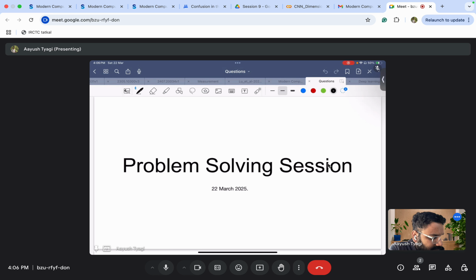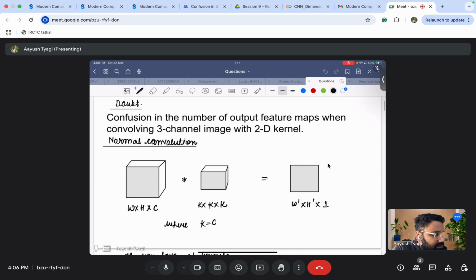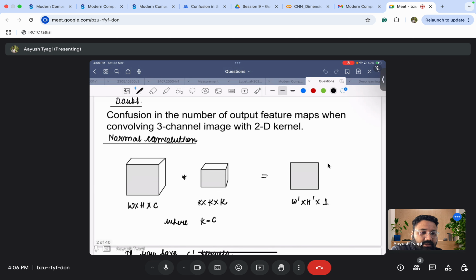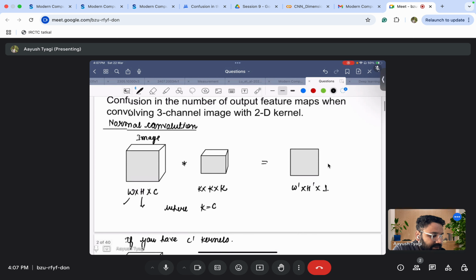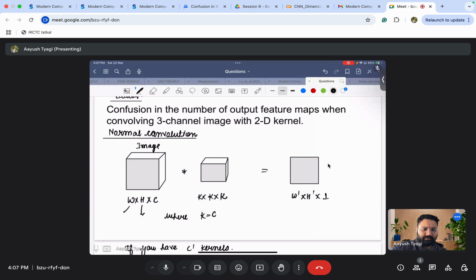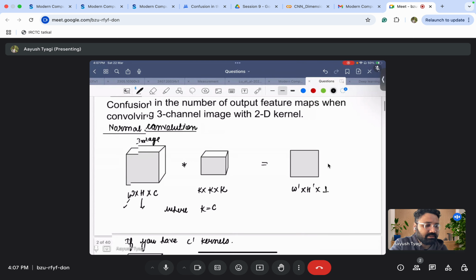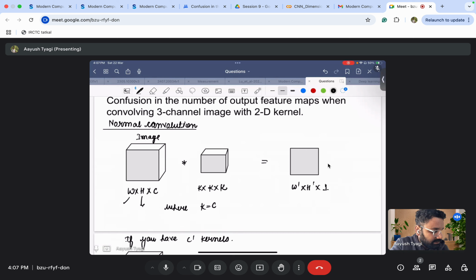Okay, let's get started. There was the doubt about the number of output feature maps when convolving a three channel image with a 2D kernel. So let us revise what happens when we do convolution in a traditional manner. In a normal convolution, suppose we have a W cross H cross C image, where W is the width, H is the height, and C is the number of channels. When we convolve it with a filter of dimension k cross k cross C,